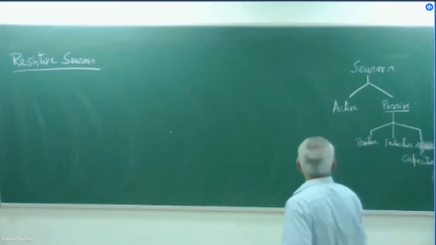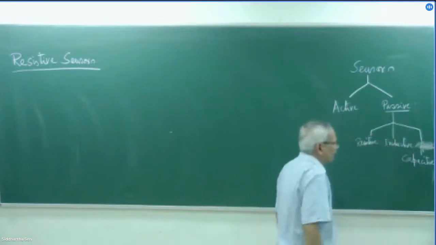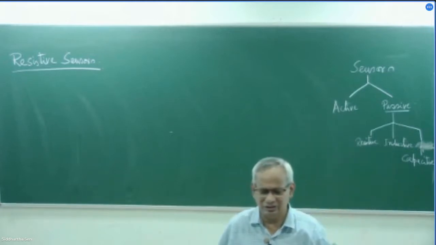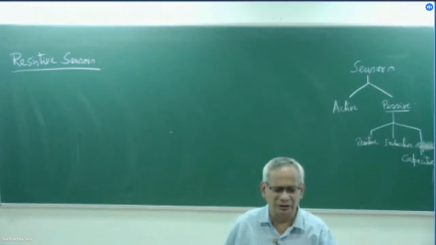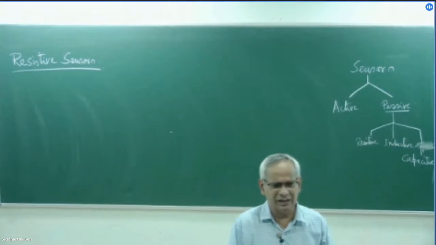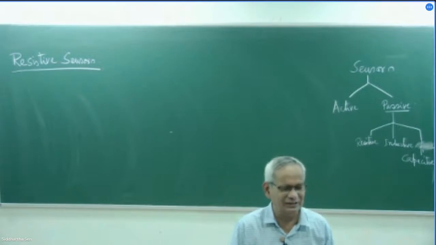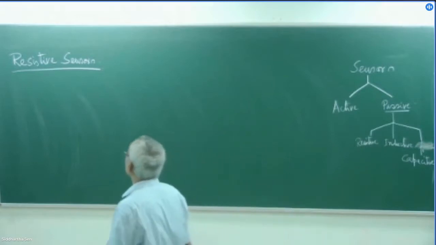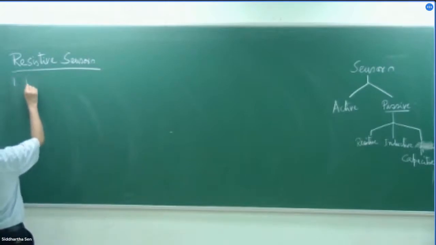So we'll first discuss the resistive sensor, inductive sensor, and capacitive sensor, because these are the three electrical parameters we often find changing in those sensors. They change with the physical input we give. And their signal conditioning circuits for each group are more or less similar. So it is easy to explain and understand the operation of it.